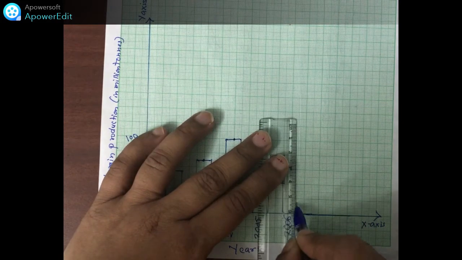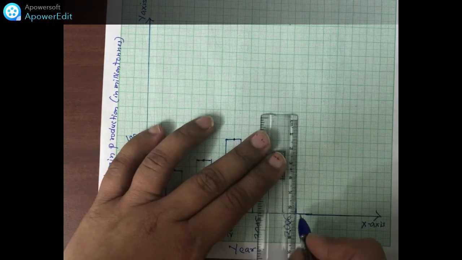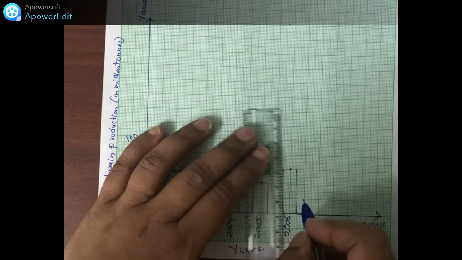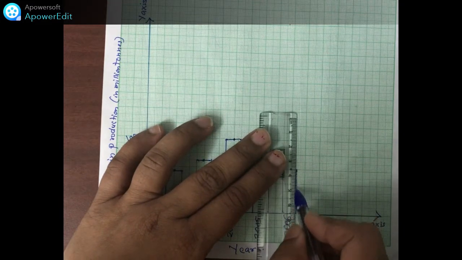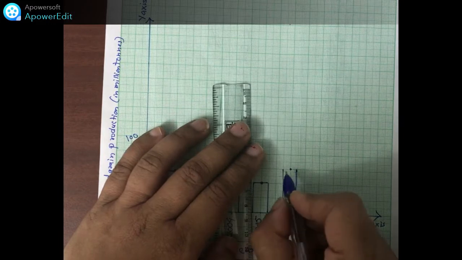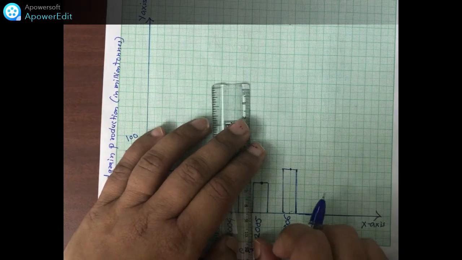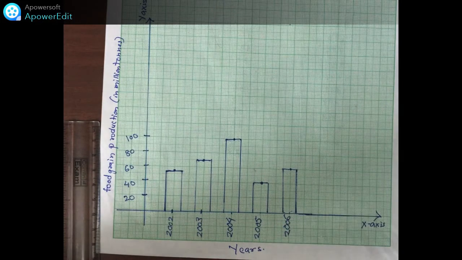So when you have such a situation, let's say for example you have the rainfall data for the month of January, February, and suddenly in March you don't have any data, there is no rainfall at all. Then again in April there is some rainfall, and in May there is some rainfall. So that means it is not continuous data. So you have data for January, February, March there is no value, April and May again there are values. So there is a break in that particular data series, that is discrete data. So for such kind of data sets which are discrete or where there are breaks in the continuity of the data, bar graphs are usually used.